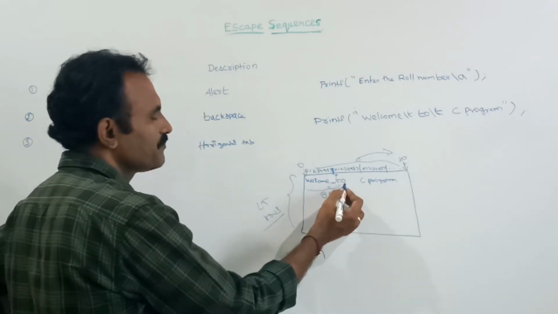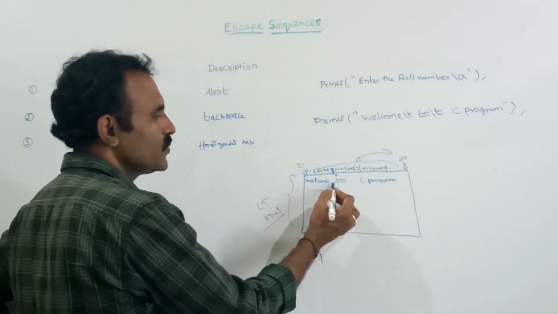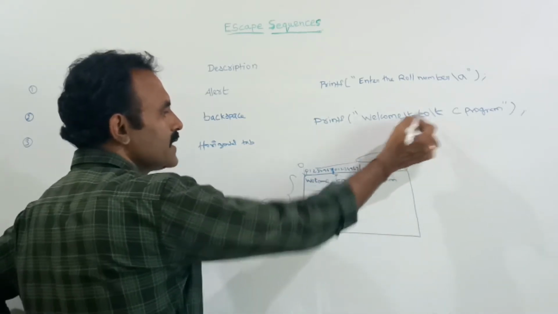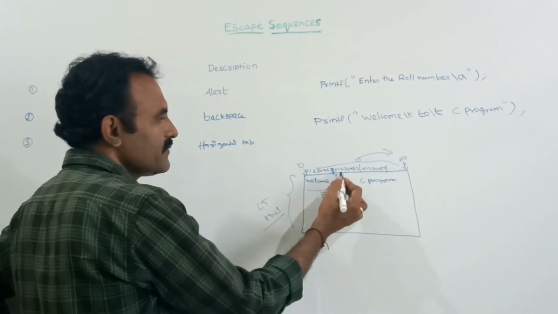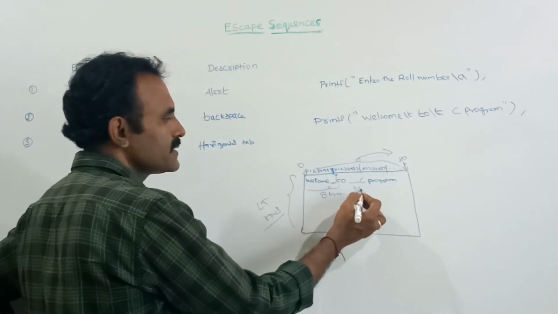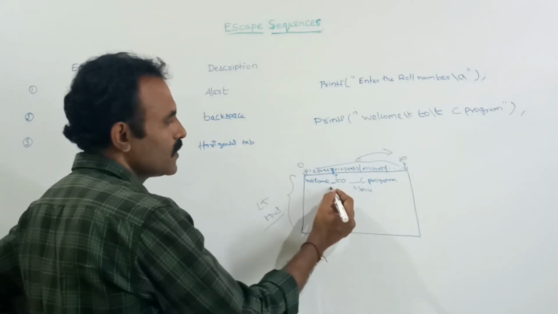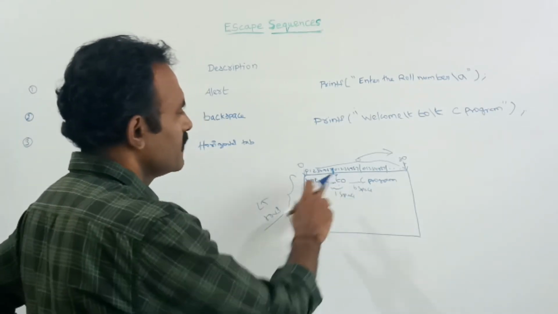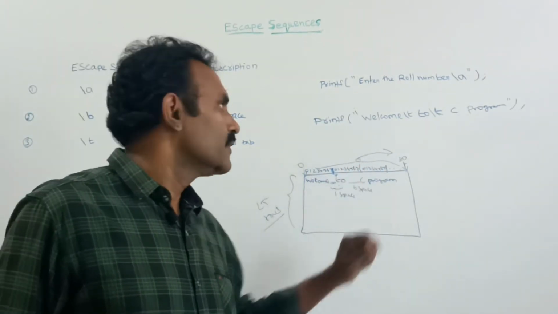So totally in this part, welcome occupies 7 letters, so it leaves only one space. After that, in the second part, I am saying slash t. Here in the second part, T is in the first location and O is in the second location, so the remaining 6 spaces are here. Out of 8, only one space is left between welcome and 2. Okay, in this way the tab space is used.